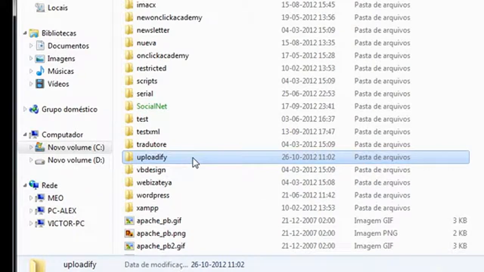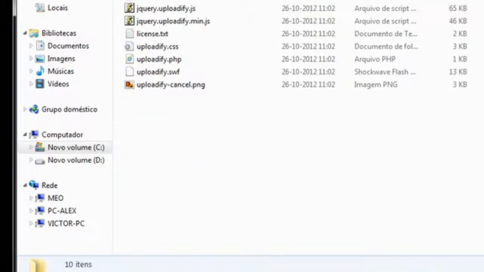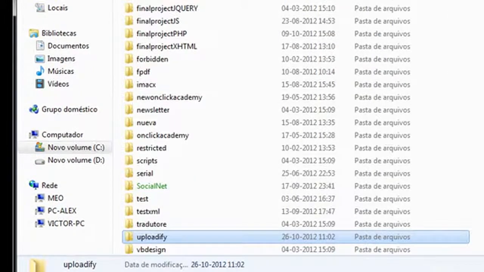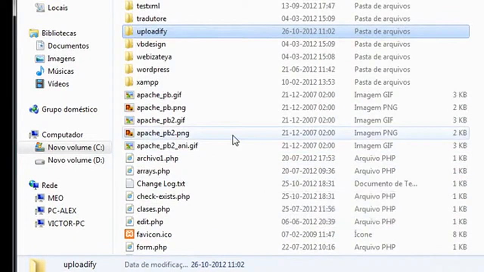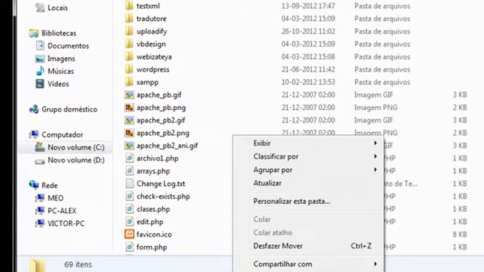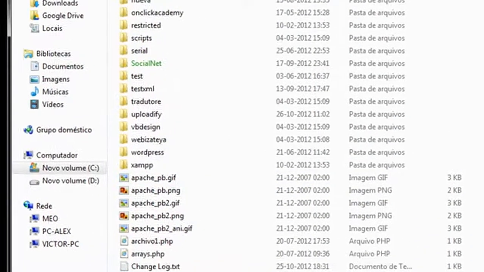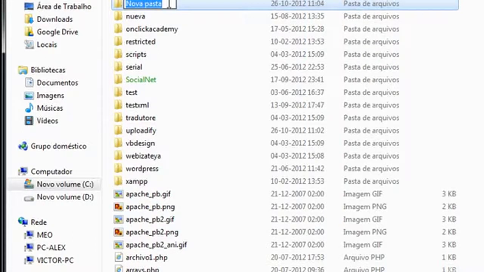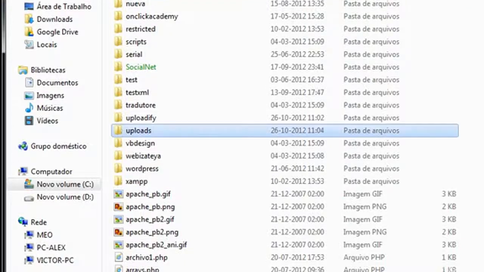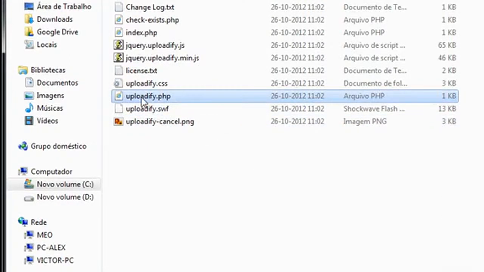Okay, so now we have to create a new folder here in the htdocs. This is the folder where the users will send the files or pictures or whatever. So let's call this uploads, and you have to call it uploads because by default you need to use uploads, okay, because in the PHP script that we have here,